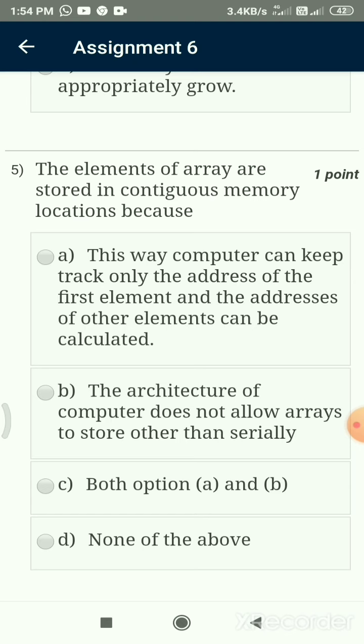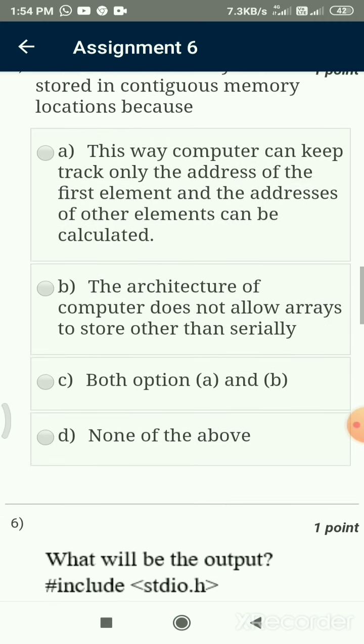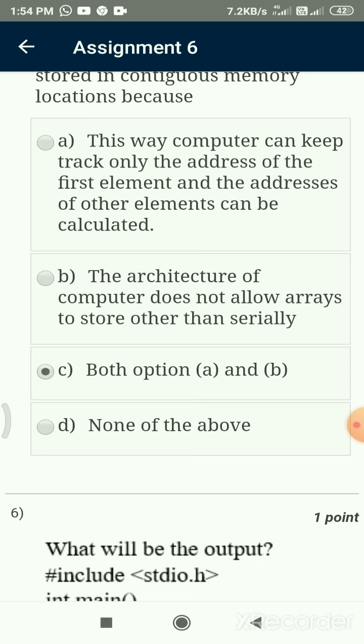In order to calculate addresses, first location address, second location address, contiguous storage is required. The second option, B: the architecture of the computer does not allow arrays to be stored other than serially. So the right answer is C, that is, both option A and B are correct.